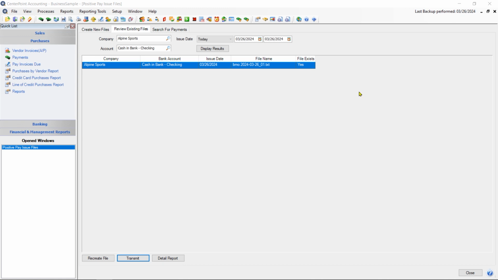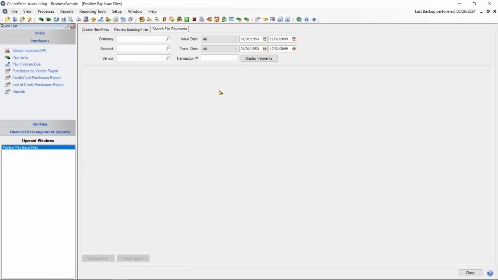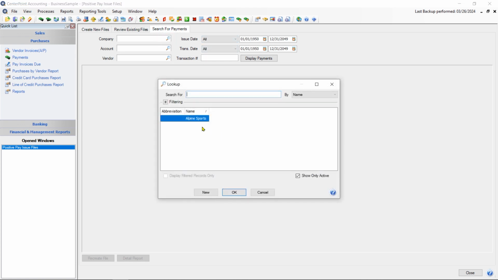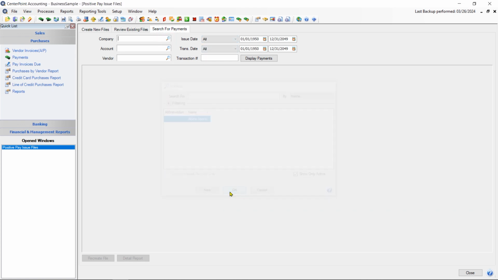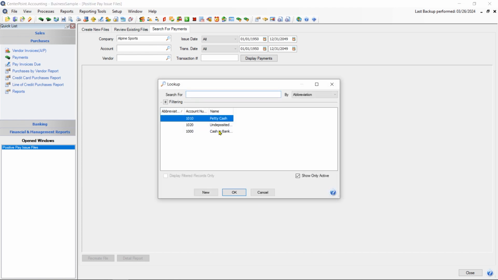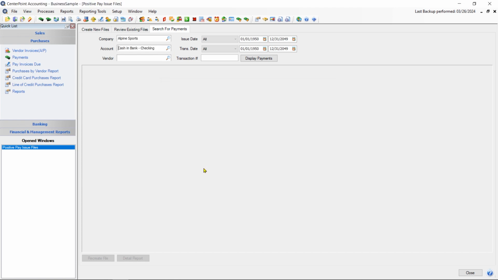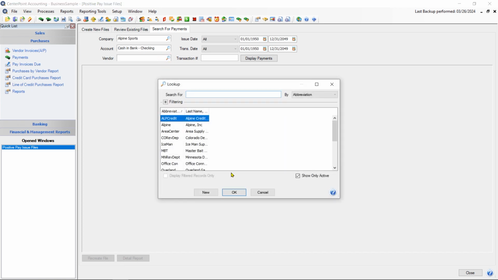Now, the last portion of this is on the Search for Payments tab. If I want to find a payment and see what file it was included in, I would use this Search for Payments tab. It allows me different options to filter for what I want. So if that payment was written by, for Alpine Sports out of the bank account of Cash and Bank here, and was for the vendor of Summit Utility Company,